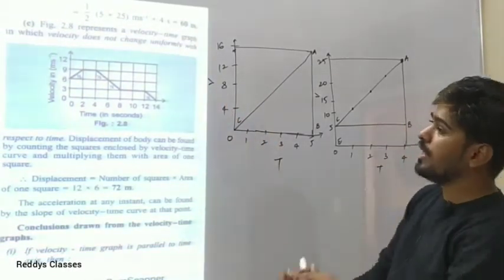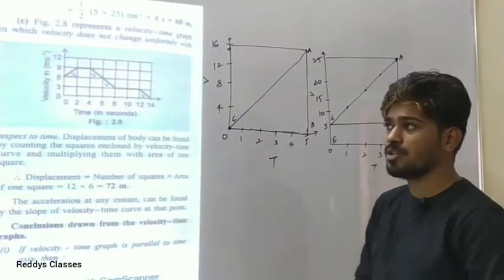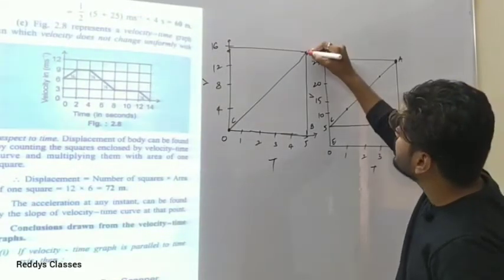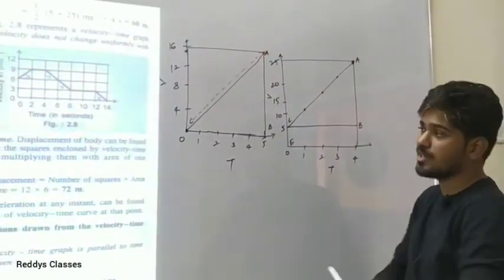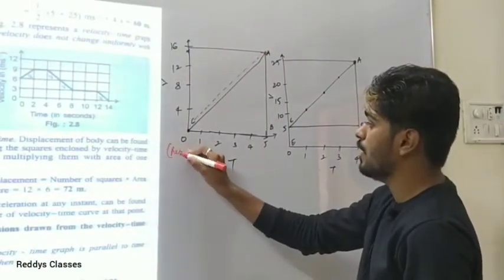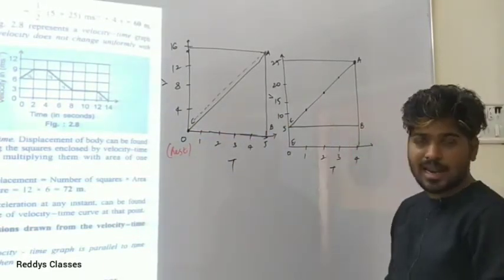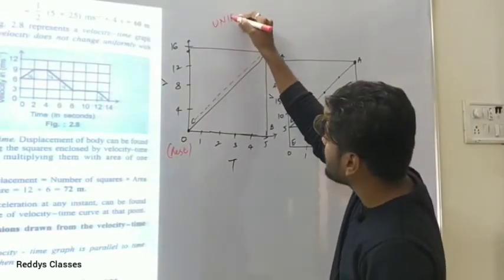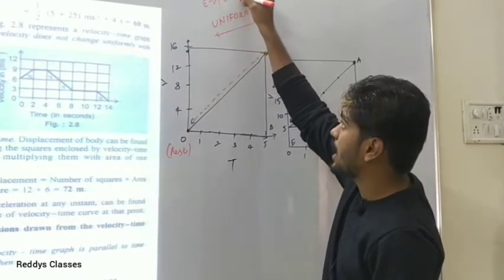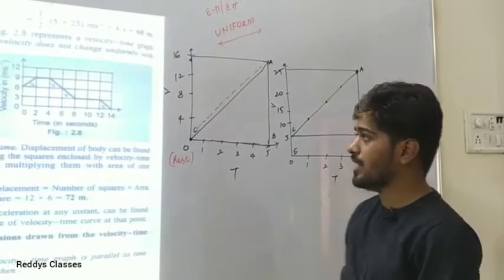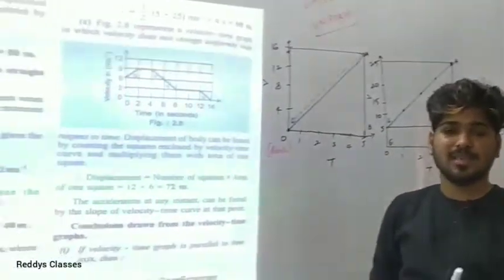First of all, the body starts from rest, from this position, and goes straight till this position. From here to here the body is moving, starting from rest. This position is known as the rest position and its velocity is increasing. Can you see this is a straight line, known as uniform acceleration. Equal change in equal time intervals. See, its velocity is increasing in a straight line, as it is a uniform rate.